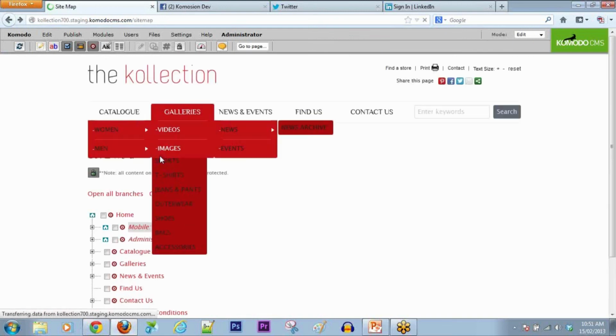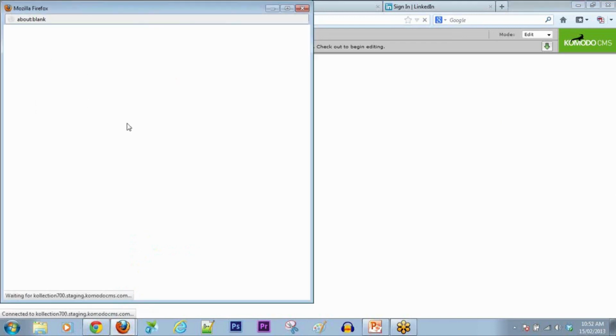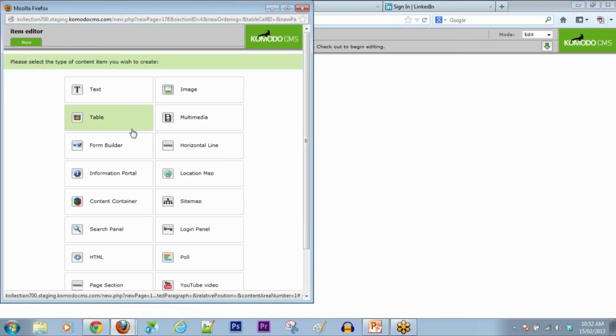If we go back to the sitemap, you should notice that you can also add pages underneath if you want to. What I've done is I've created earlier this catalogs mobile page. There's still nothing on it, but it's there in my sitemap. So if I wanted to, I could quickly add in some content here, and probably a good thing to do would be add in a table